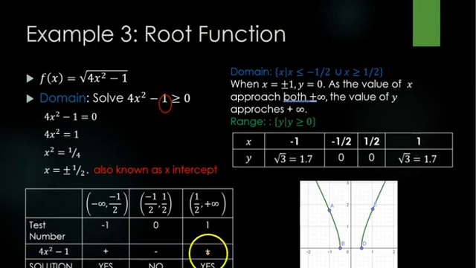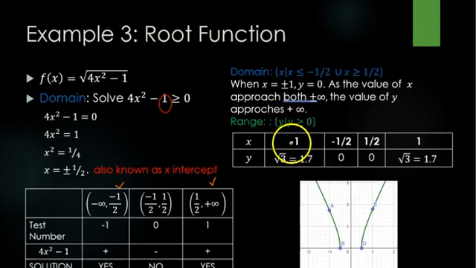So why do we need to do that? Because we want this expression to be positive. So then these are our domain. Your domain would be x less than or equal to negative 1/2, union x greater than or equal to 1/2. Then we want to see what happens to the graph, so we can do point plotting.